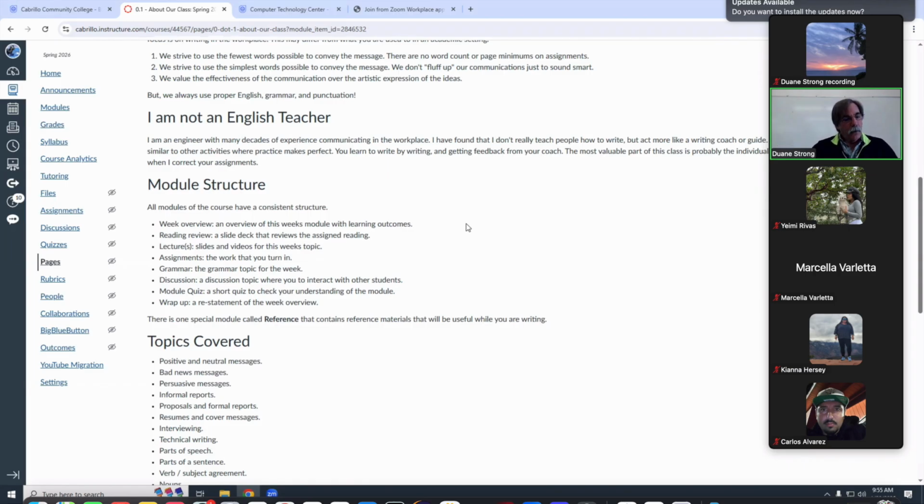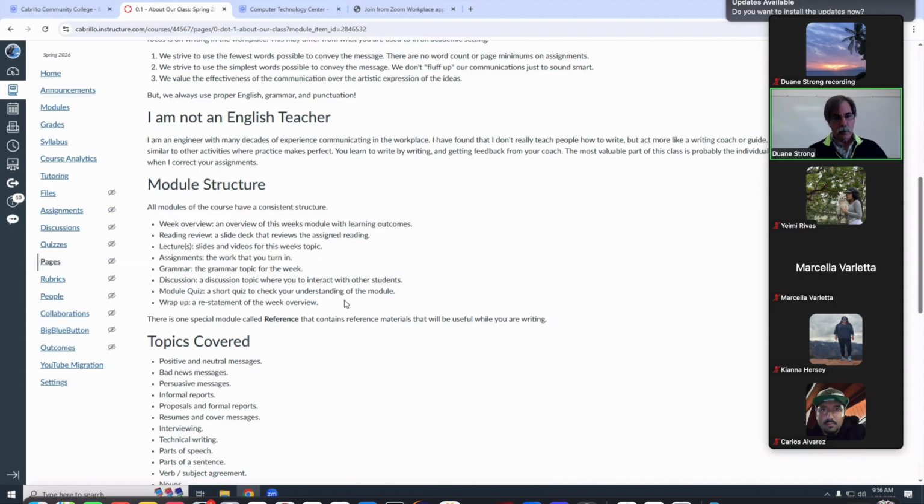And then we'll also, almost every module, have a discussion that I talked about earlier. That's so you stay in contact with your peers. And then there'll be a very short module quiz. They're typically 4 or 5 questions. Those are for you, just as a check: did I miss something in this module? Did I get everything? And then, like I said, tell them what you're going to do, and then tell them what you did. We can have a wrap-up statement that just restates. So that'll be the structure of every module.